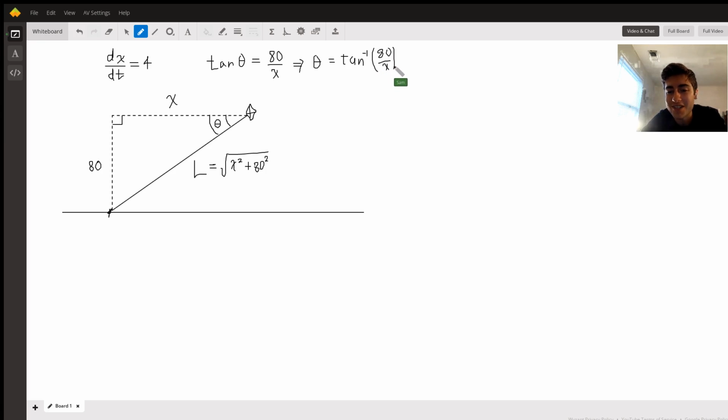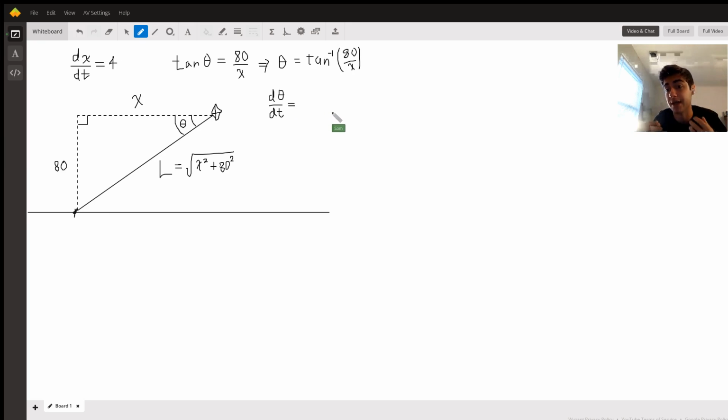So the left-hand side is just a symbolic change, right? We're going to get the derivative of theta with respect to time. And on the right side, we need to implement the chain rule a couple of times because we have a couple of nested functions going on here. So the first question is, what is the derivative of the inverse tangent of something? The derivative of the inverse tangent of something is just 1 divided by 1 plus that something all squared. So we put a space for something in parentheses, and that's being squared. What is our something? Our something is 80 divided by x. That's the input of the inverse tangent function. So we're going to get 80 divided by x all squared,